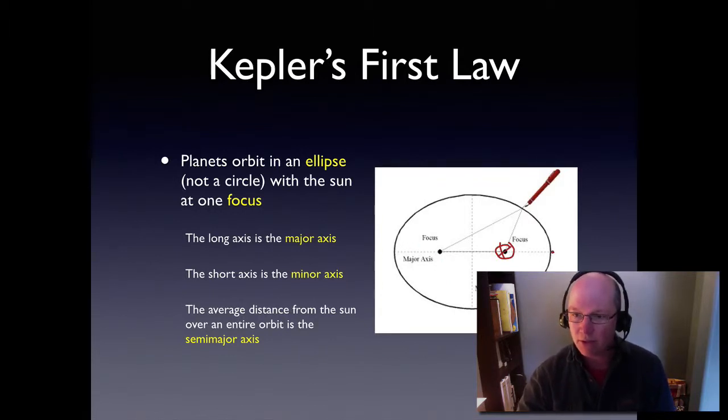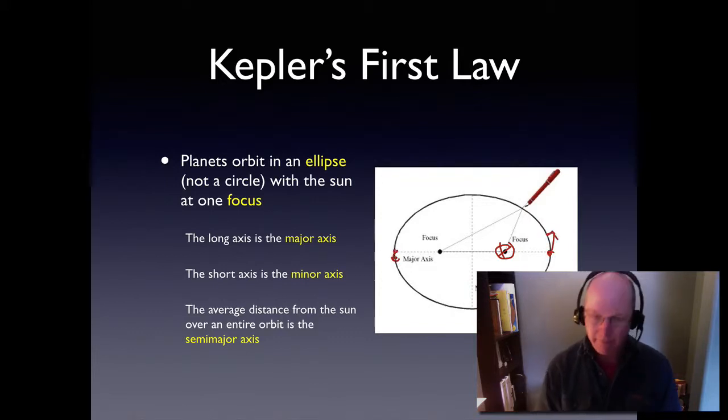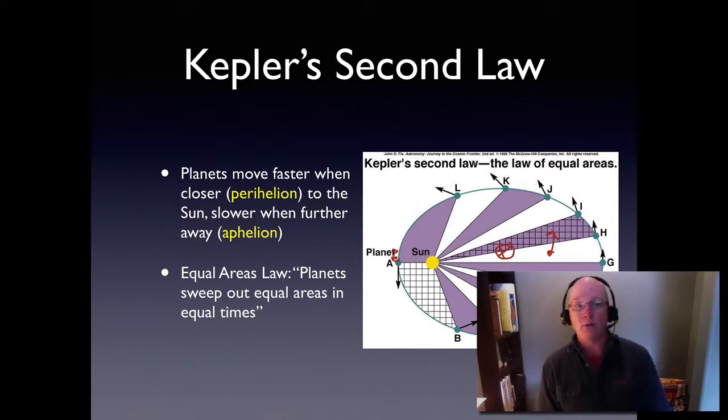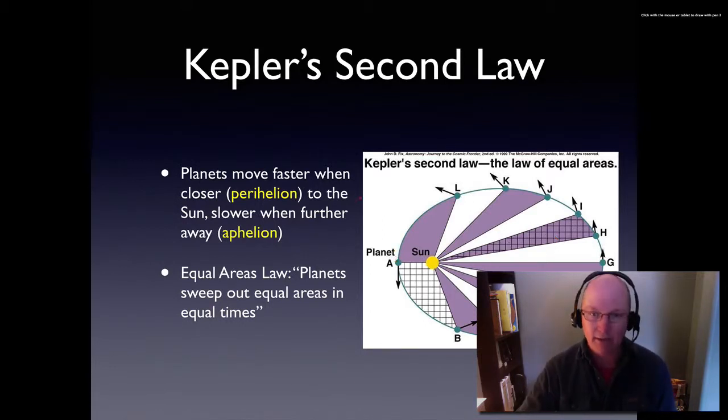So sometimes the planet is closer to the star, sometimes it's farther away from the star. That gives rise to Kepler's second law, which is that planets move faster when they're closer and slower when they're further away. And if you remember, we called that the equal areas law, and that just meant that a planet